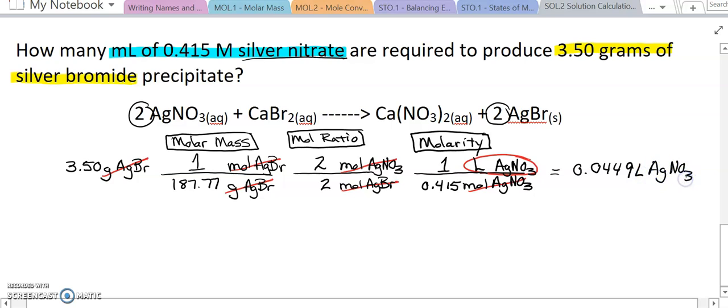But if I look carefully, my problem doesn't want liters, it wants milliliters. So I'm going to multiply by 1,000. Sorry, 44.9. So with solution stoichiometry, molarity becomes our key to being able to go between liters and moles that I need for